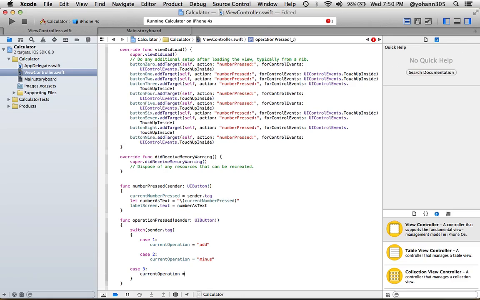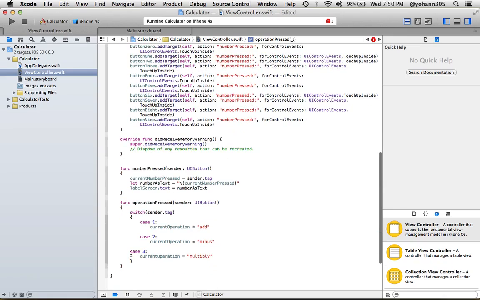Current operation equals, and this time it will be multiply. Okay, and then case 4, what we're going to put is current operation equals, and this time it will be the divide. Okay,